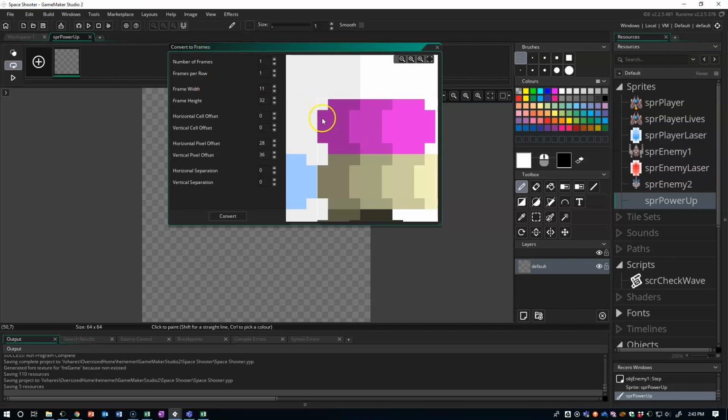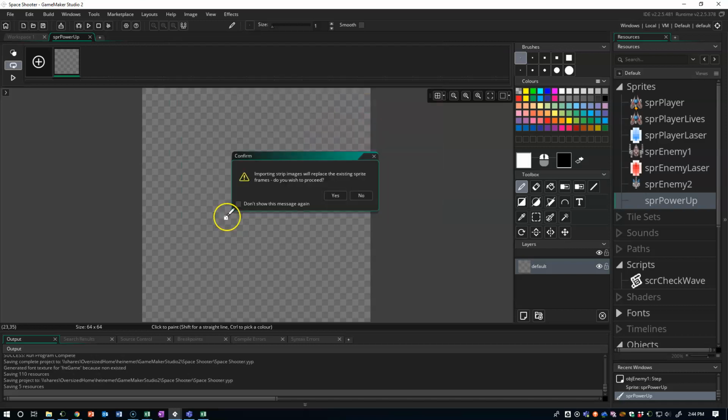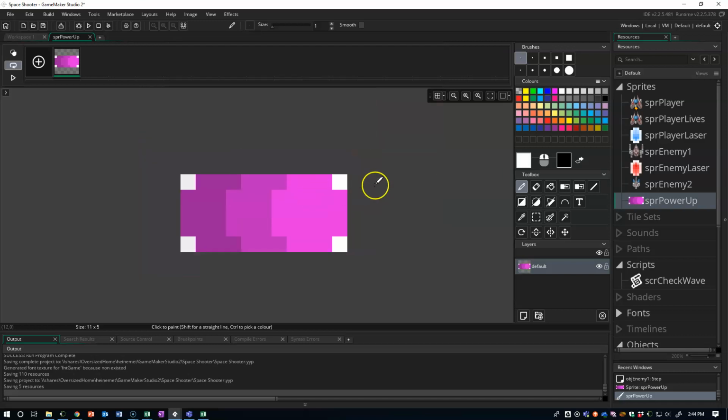And the height, 1, 2, 3, 4, 5. So now when I change it to that, you should notice that the little selector changes size so that it just is selecting the pill itself. You should see a horizontal pixel offset of 28 and a vertical pixel offset of 36. Once you got those, we click convert, click yes, and we have the pill